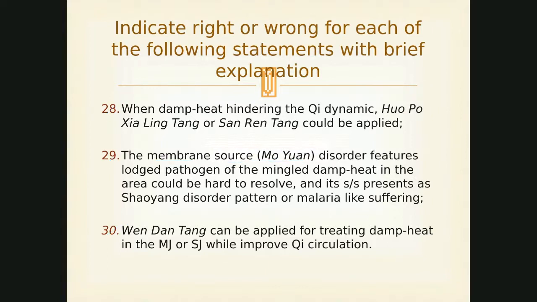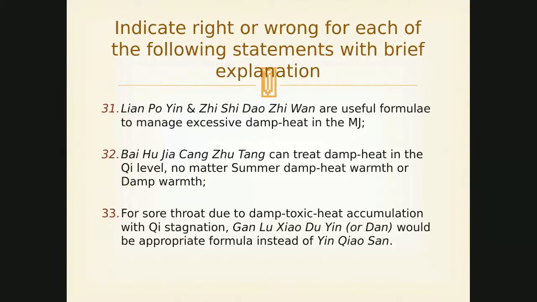Okay, now comes to the last slice. Number 31. Lian Pu Yin. So Lian means Huang Lian, Pu is Hou Pu. Lian Pu Yin or Zhi Zi Dou Chi Tang are useful formulas to manage excessive damp heat in the middle burner. Okay, if you cannot remember, this is the correct one. Lian Pu Yin does not necessarily involve very bad bowel movement, while Zhi Zi Dou Chi Tang usually involves difficult bowel movement while they're suffering damp heat in Wenbing or in digestive disorders.